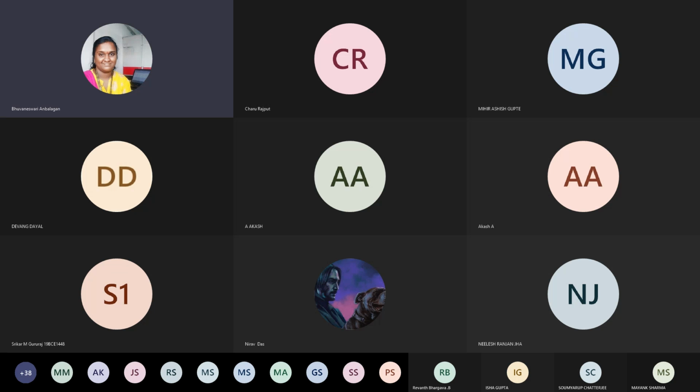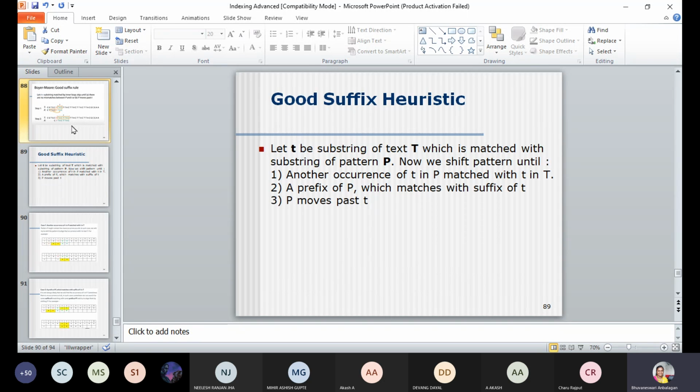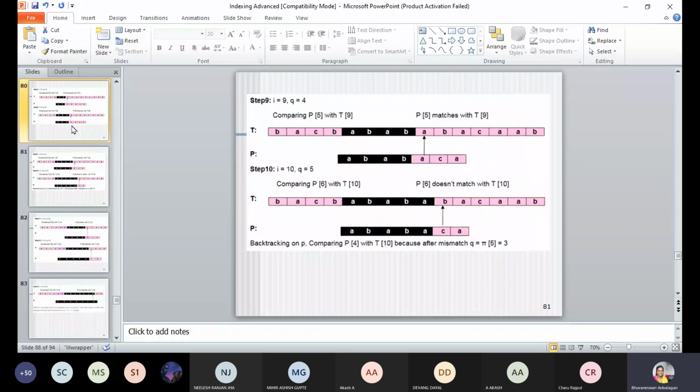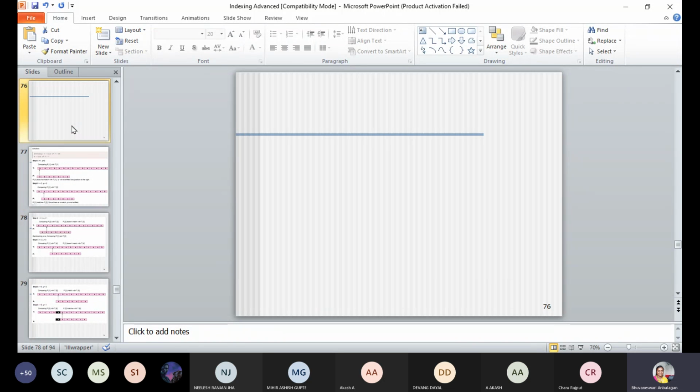Do you have any doubts in this algorithm? These two algorithms have been included in our syllabus as well, so you just have a look into it. Instead of lab, I will give it as part of digital assignment 2. You have to trace one algorithm and find the substring. I will give you a small assignment so that it will be helpful for your CAT 2 or FAT exams.